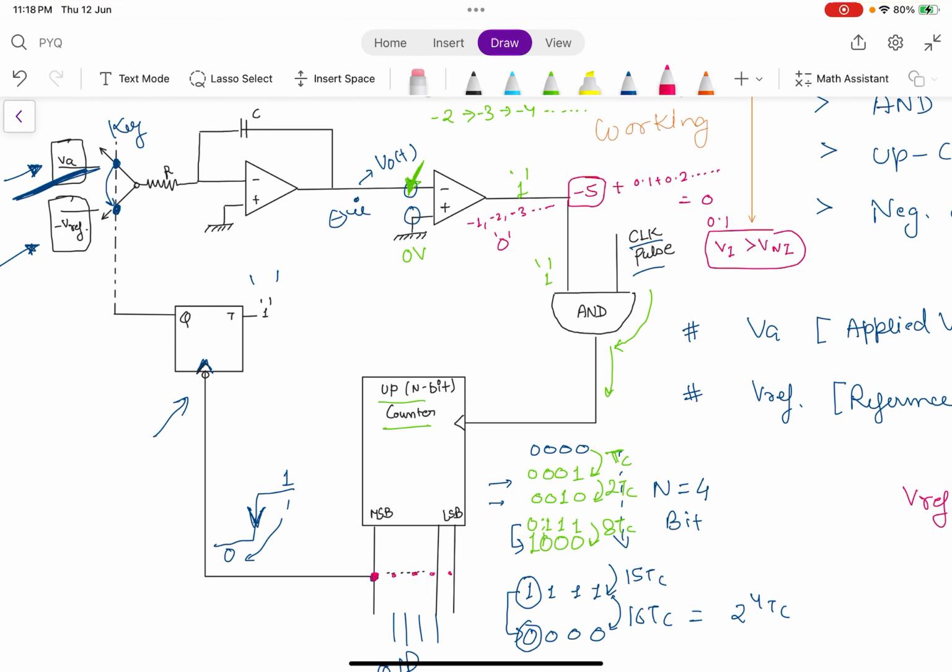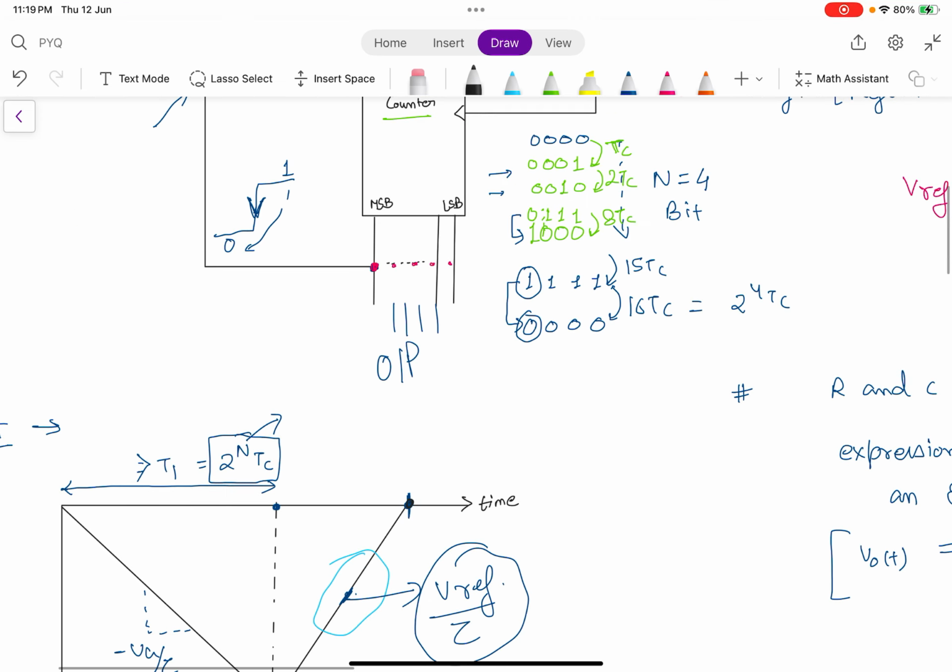I will repeat this once again. This is your negative value which starts accumulating, minus 1, minus 2, minus 3 up to minus 5, and it gets stopped and the voltage gets switched from VA to V reference. Now positive values start accumulating on this negative value. The whole sum is going to be 0 at one time, and this is that time which I am talking about. At this time the whole sum